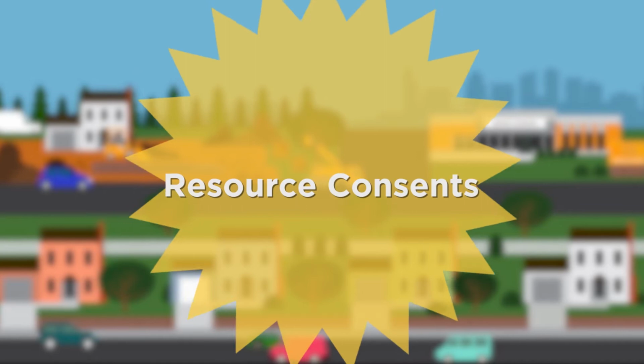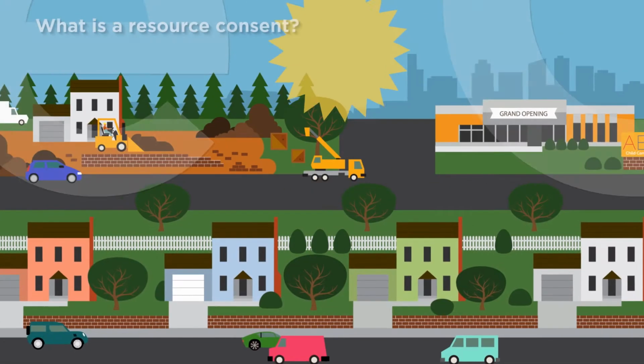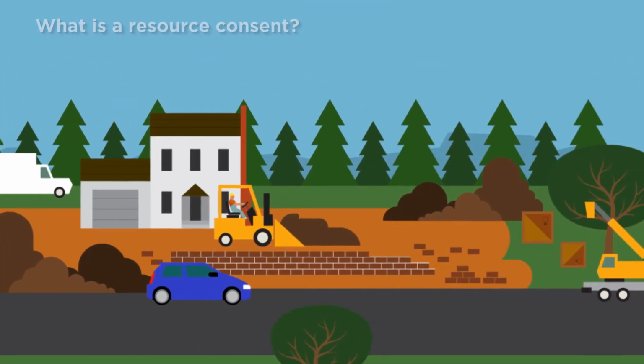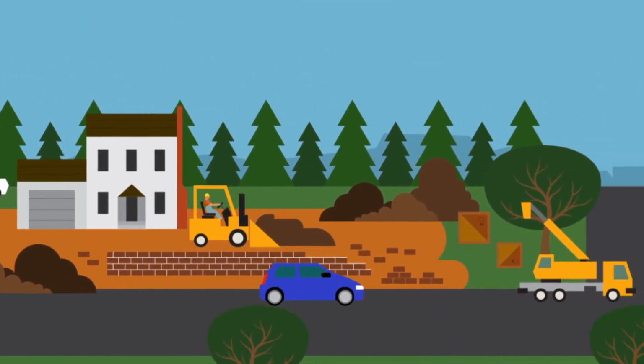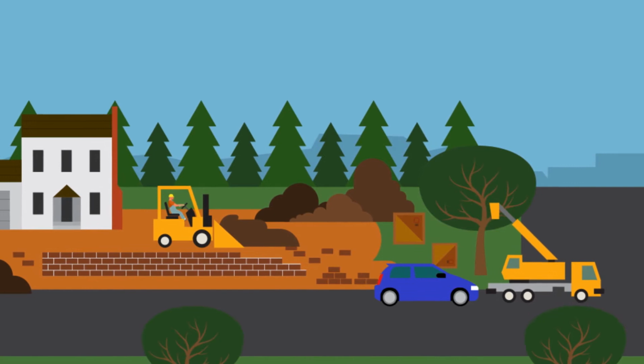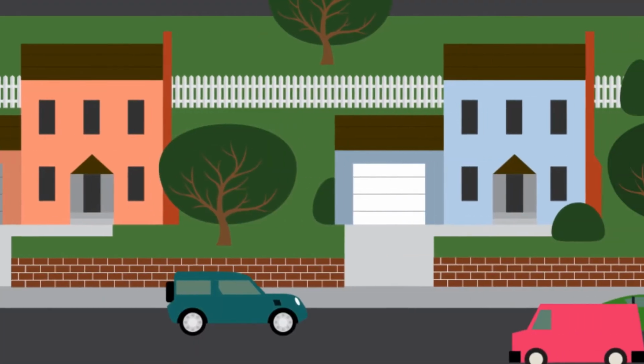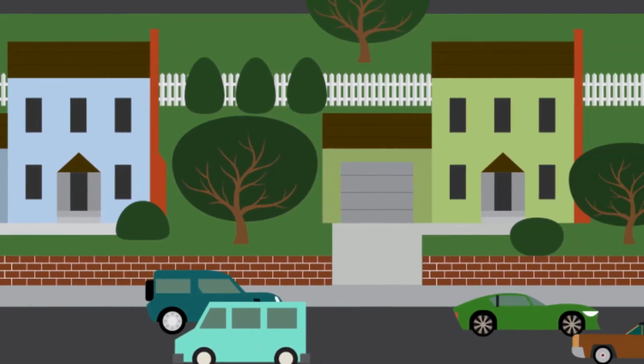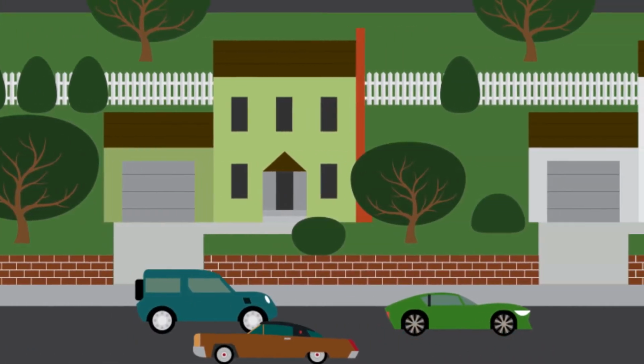A resource consent is permission to undertake an activity or to construct a building that does not comply with the district plan rules. It requires you to consider the effects of your project on the environment, the community, and your neighbours. You'll also need a resource consent for subdividing your land. A resource consent is different from a building consent, which covers how something is constructed to comply with the Building